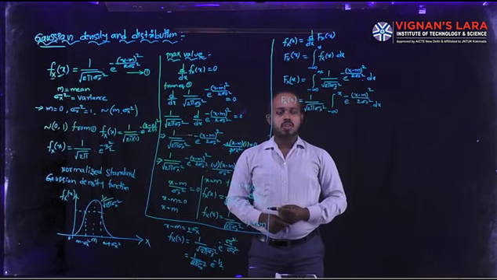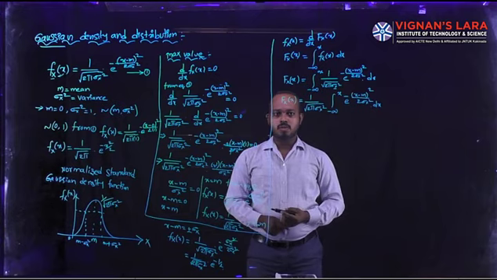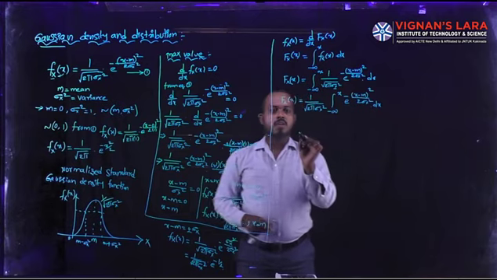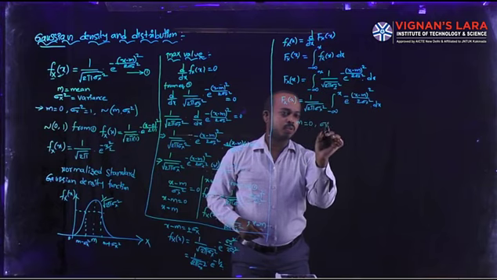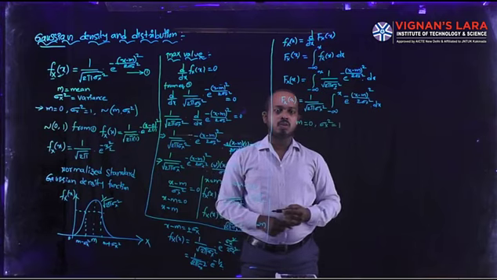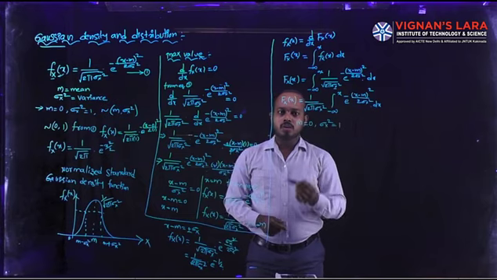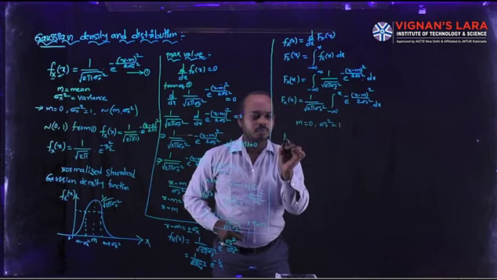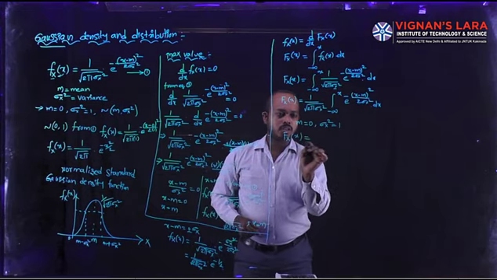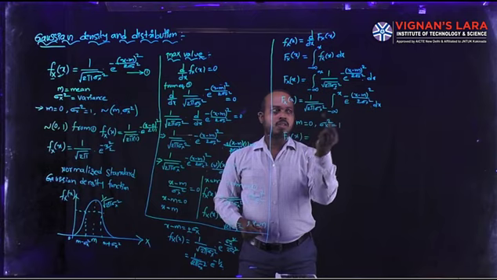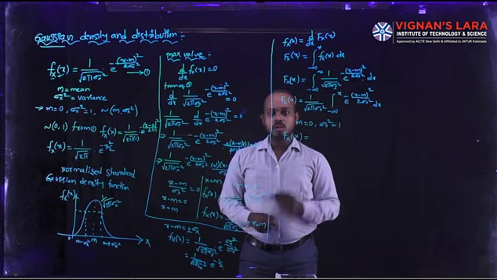In this equation, we can treat them as normal values. For normal values, the mean value is 0 and the variance value is 1. You can keep these two values in the above equation. The distribution we are writing here, fx of x is equal to, where m is there, you can just keep the value 0, and where sigma x square is there, you can just put the value 1.